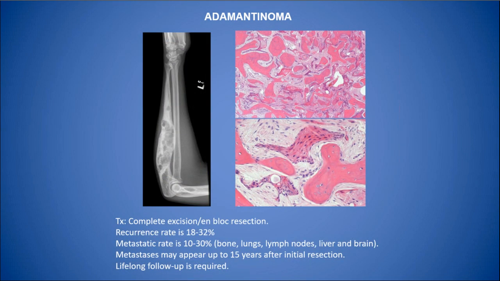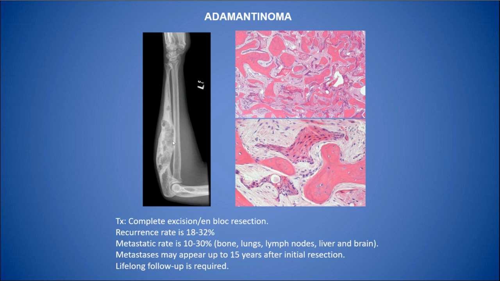This is an example of a case that was sent to me in consultation on a patient in his early 20s. He had a very bubbly looking lesion in the midshaft of the ulna, which happens to be the third bone that is most commonly affected. It's rare, but if you have it outside of the tibia and fibula, the ulna will be the next runner-up. And this lesion shows an intramedullary